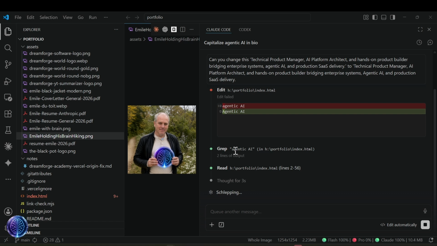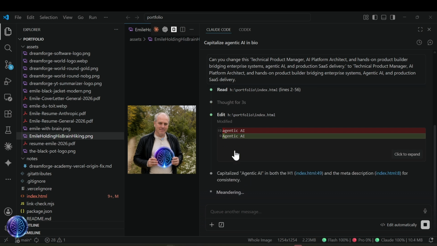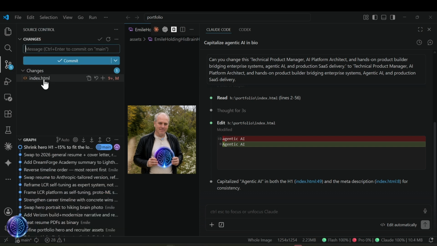Now, like I said, if this is a more complicated site, you won't open it like an index HTML. You will run it on your localhost and open it there, as you'll discover, and as I mentioned in parts of this course already. Let's keep this simple. And now you'll see that there's one change in source control, one pending change. So if you click on that, it correctly shows that it's modified the index HTML file.